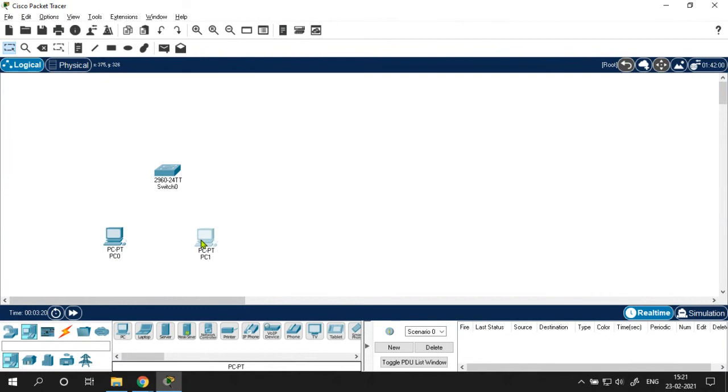Okay. And is one router required or not? Yes, class. This is my LAN 2, and there I am having two PCs. So this is my LAN 1.